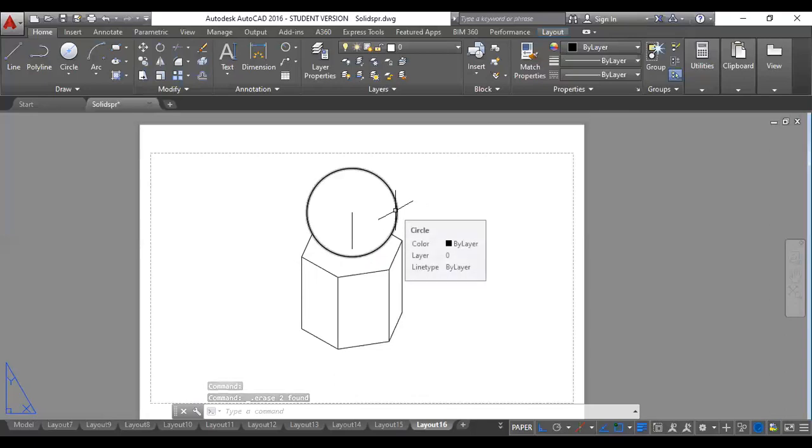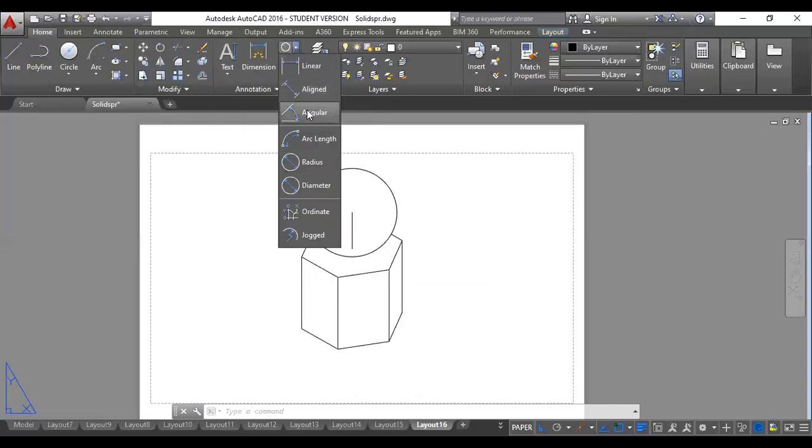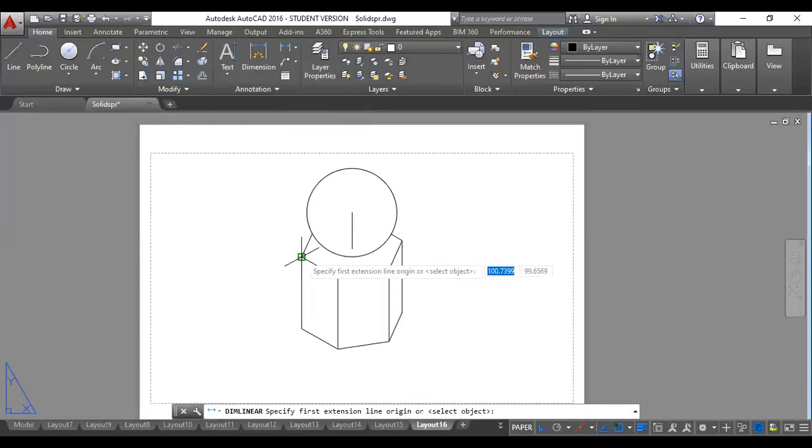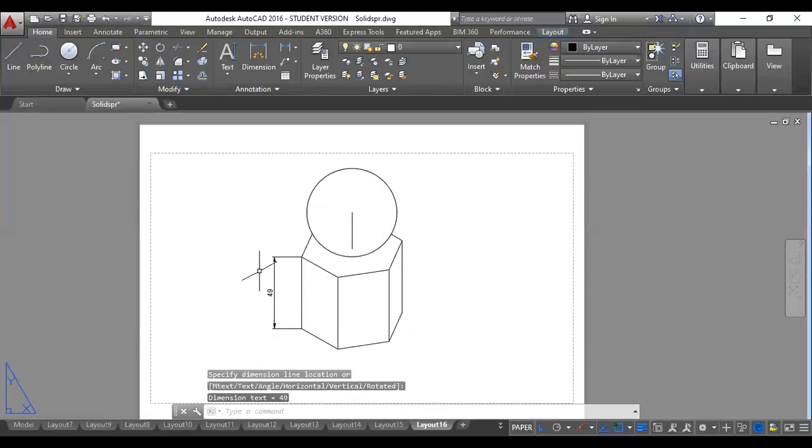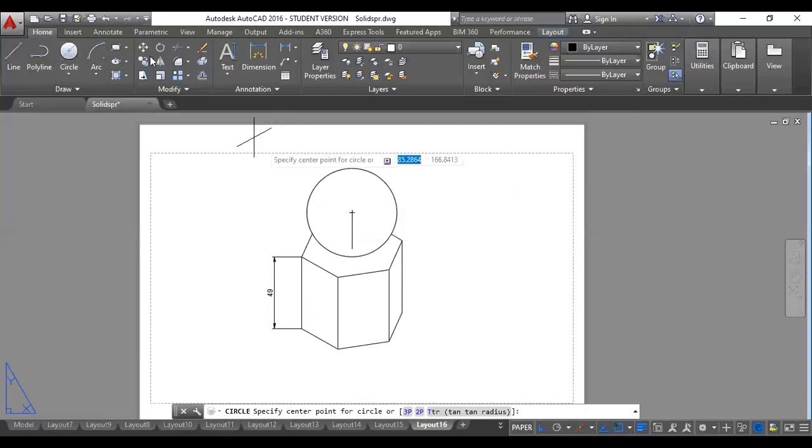You need to show one of the dimensions for this. I'm just going to show one particular dimension for both of the solids. For example, I'm going to show the height of the prism and then the radius for this circle.